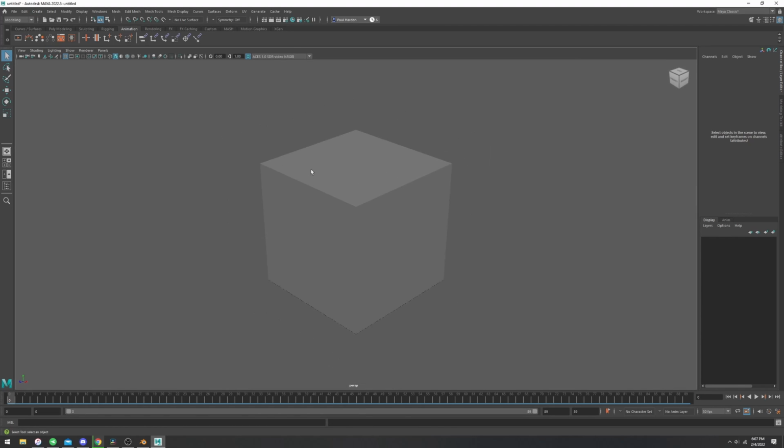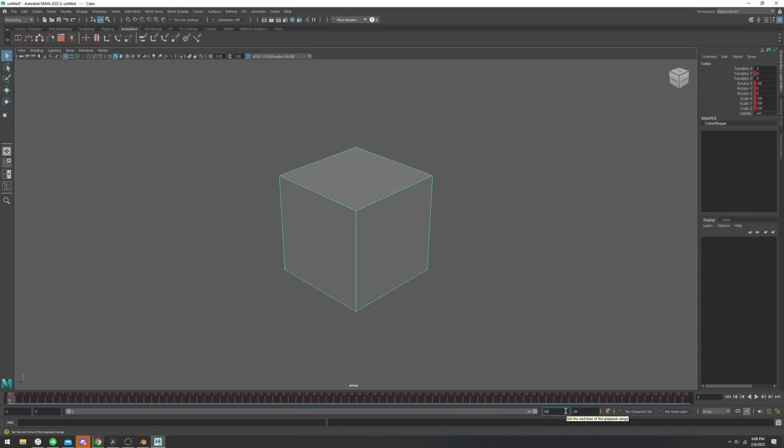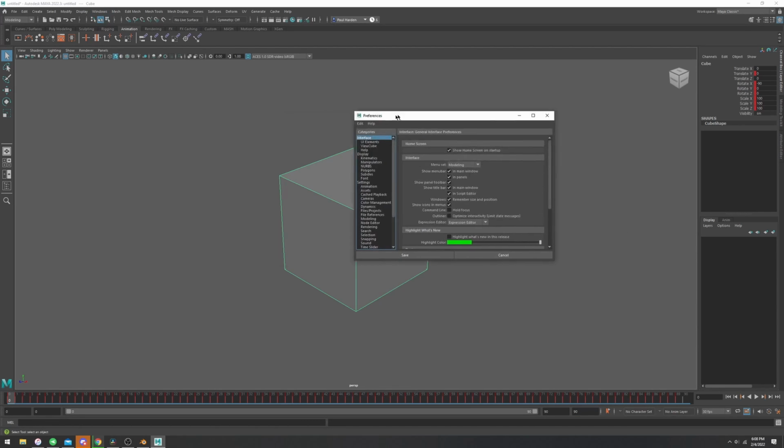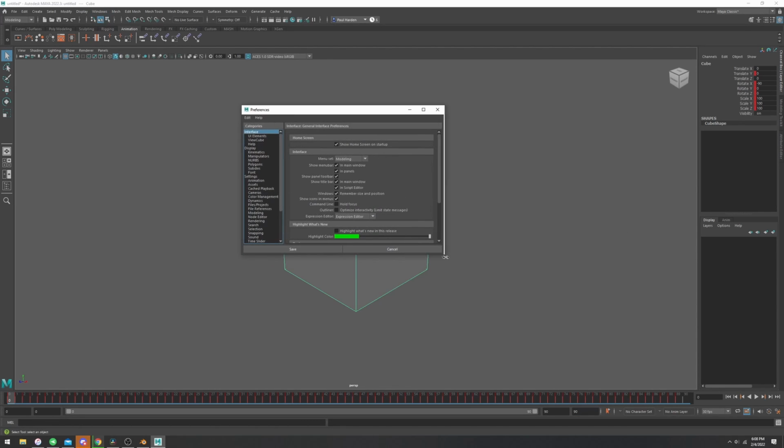It's going to be kind of big, so I'll zoom out a little bit. There it is, right? And this looks kind of crazy. I know I need to set 90 and 90. Make sure we're on 30 frames a second here. And the other thing we need to make sure of in our preferences, still bigger,